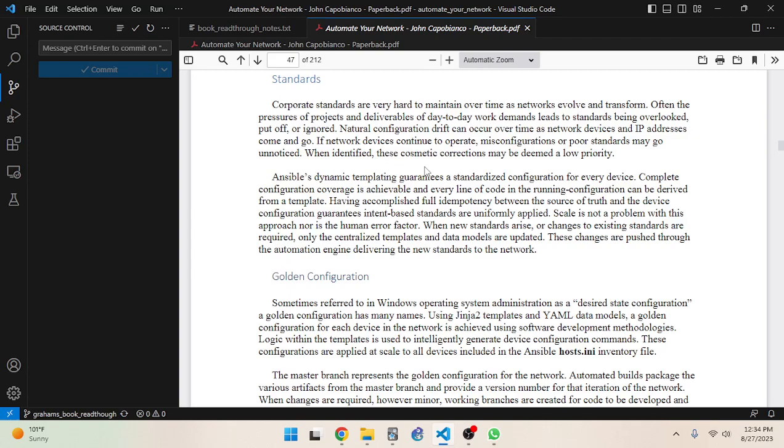All right, so natural configuration drift can occur over time as network devices and IP addresses come and go. Literally, sometimes you will see a corporate standard published by a network engineer who's worked for 20 years, has a CCIE, and forgets that there's an implicit deny on the ACL. Okay, well, I can understand what's going on in this network.